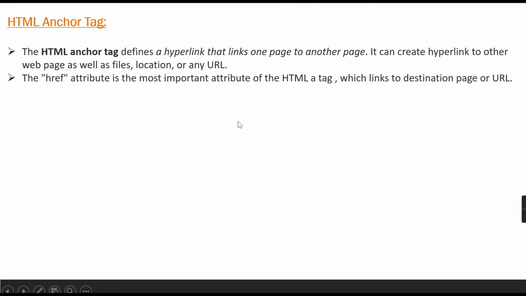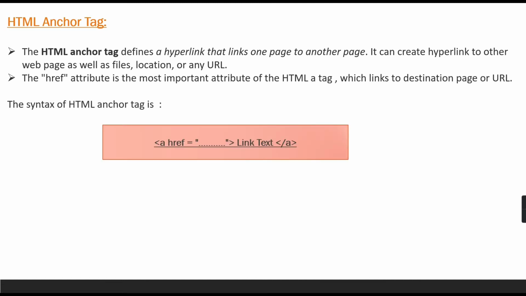So what's the syntax of the HTML anchor tag? This is the syntax. This is the element A, which stands for anchor tag, which is getting closed here. This is the content of the anchor tag, which will be displayed on the browser, and this is the attribute, which is in the form of a key value pair. This is the key href, and the value you will provide according to your requirement. It can be a link to any other web page or the name of the HTML file, so that you want to redirect from the current page to another page. Let's understand this with the help of code.